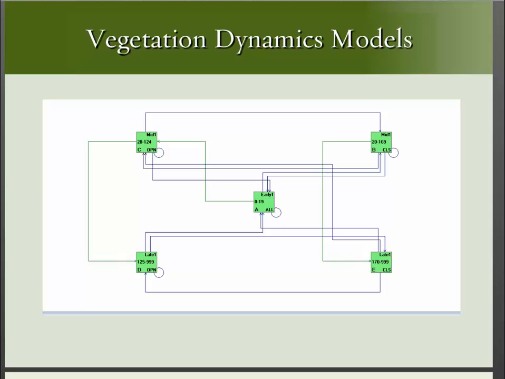So ST-SIM, state and transition modeling software, is what we use to enter in the parameters of the succession classes, up to 5, then the natural disturbance regimes and their impacts. These natural disturbance regimes include 3 types of fire, wind, flooding, insects, and also can have user-defined disturbances such as